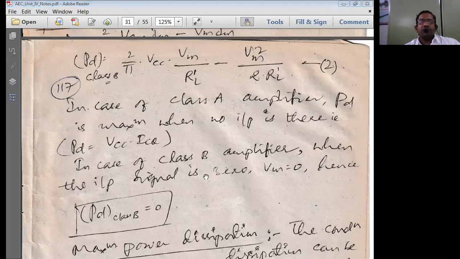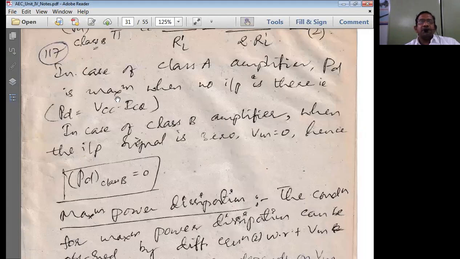That means now, coming to the power dissipation, the power dissipation in a class A power amplifier is going to exist when there is no input signal. See, when there is no input signal, there should not be any power dissipation in the circuit. That means the circuit should be in a silent mode when there is no external input signal. The circuit should give sound only when you apply the input signal. In the case of the class A power amplifier, you experience some hum sound even though there is no input signal. That is because of power dissipation.